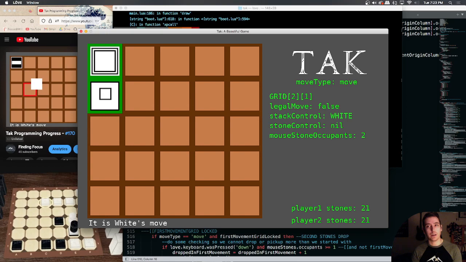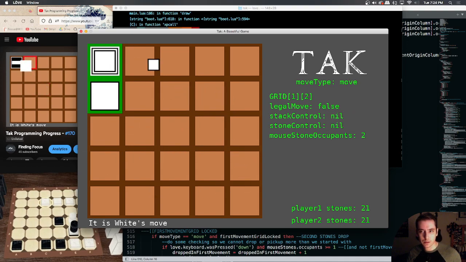So now if we're in first movement stones dropped, we need to render legal moves. Not over here, but only locked in the direction. So depending on our direction locked, we